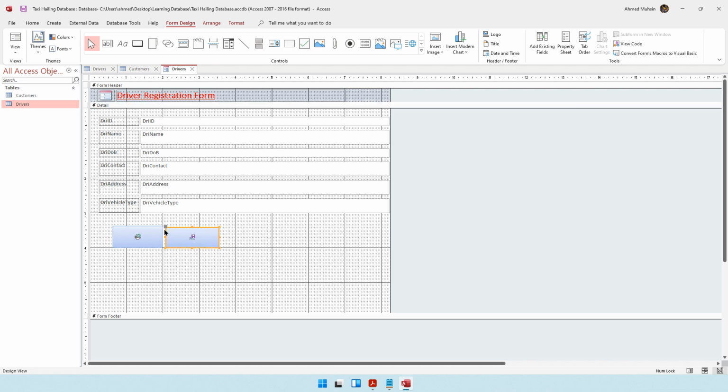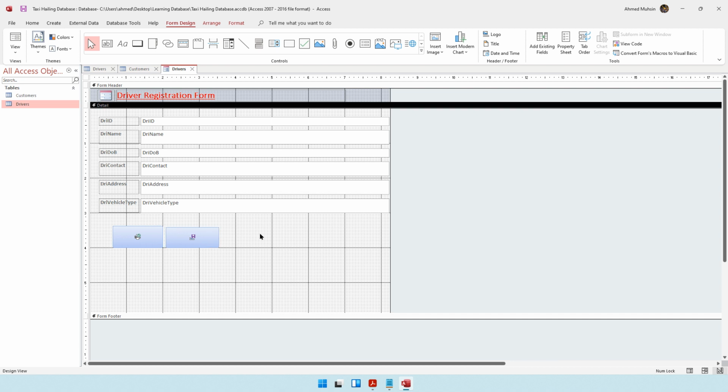There you go. So now you have two buttons, which would make this form easier to use. You have one button for printing and one button for saving. This would definitely make it easier to use this particular form. Okay, there is one more feature that you can add to this form that would make it easier to use,